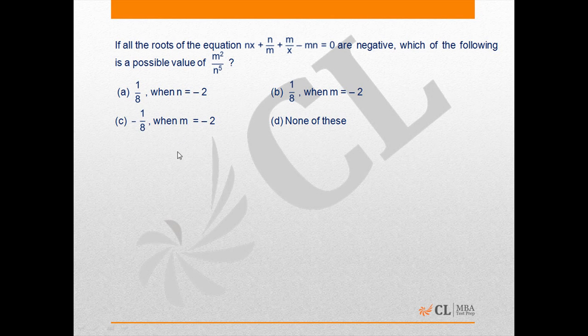So we'll write it as x square plus (1 minus m square) by m into x plus m by n equals to 0. So this is the way we are writing the proper format of quadratic equation. As the roots are negative, so sum of roots will also be negative. So the sum of roots will be